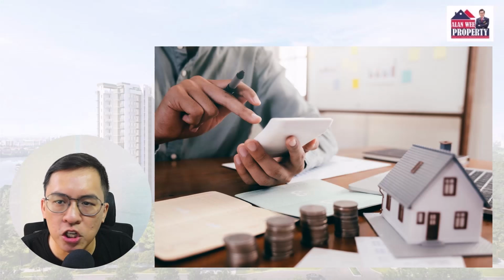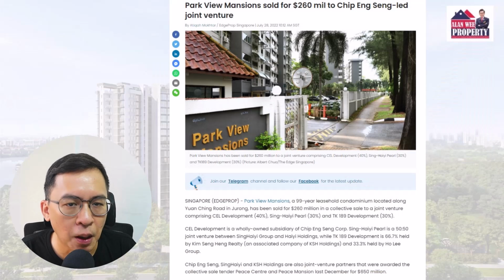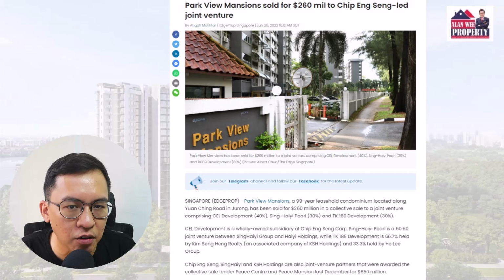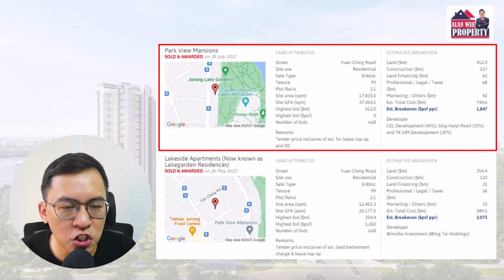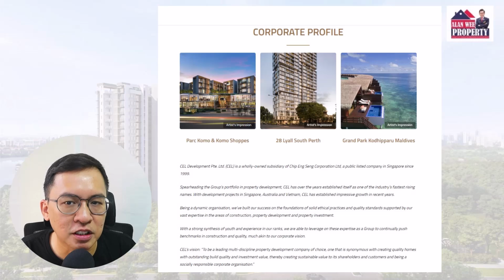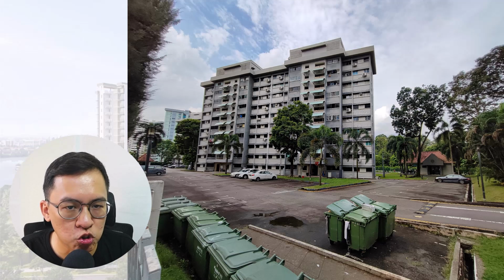Other than the usual interest rate and market rate, another concern is the competition next door. Parkview Mansion was sold en bloc to a consortium comprising CEL and Singhai. Their land cost is lower, and so is the break-even. The difference is 12% compared to Lakeside Apartment. CEL is a subsidiary company of Chip Eng Seng Construction. In short, they have their own construction arm and their break-even cost will be lower, which could translate to lower